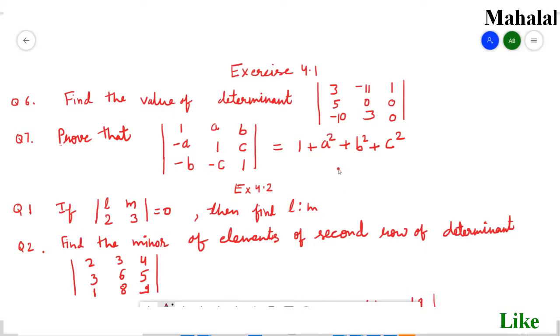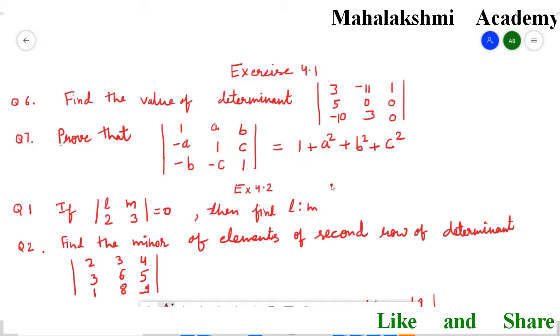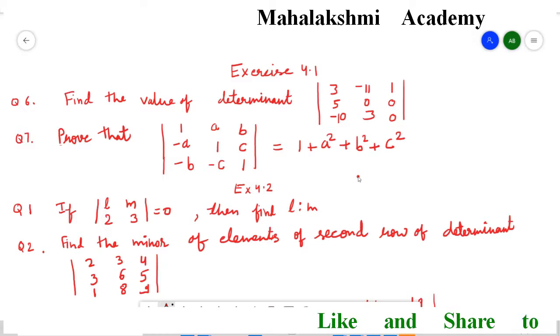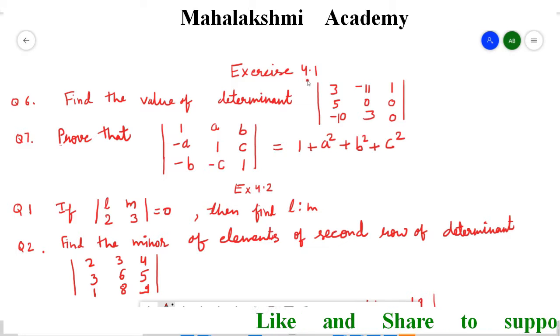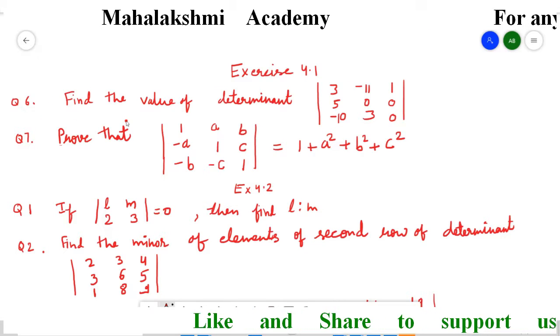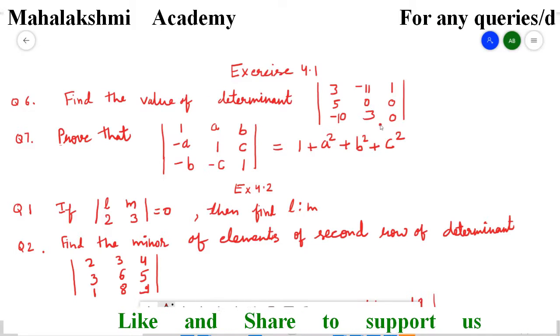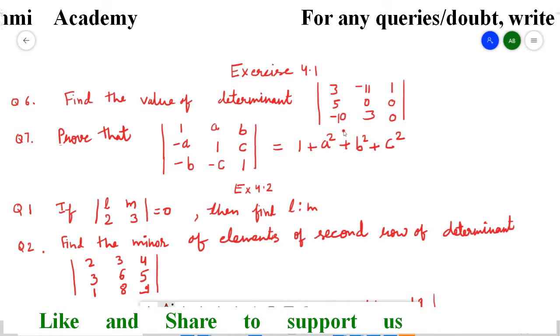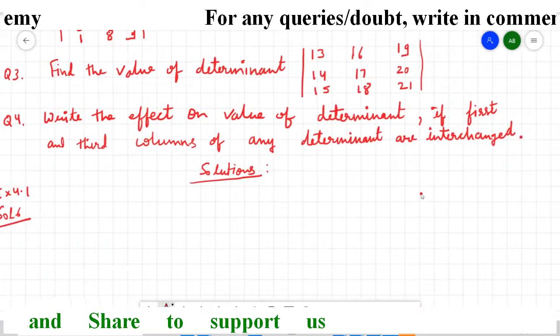Everyone, I am going to explain some questions from exercise 4.1 and 4.2 of class 12th maths. So firstly we will start from exercise 4.1 question number 6. Find the value of the determinant. So we have to solve this determinant. So the solution is,